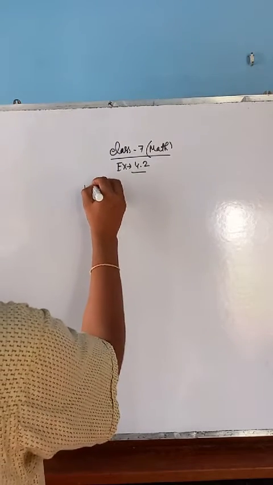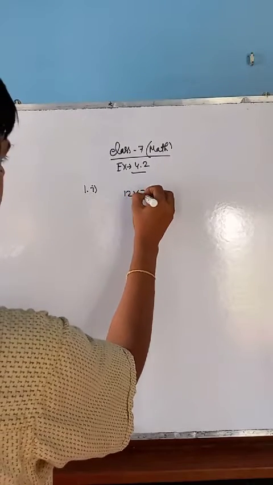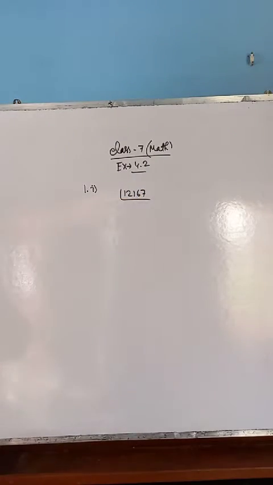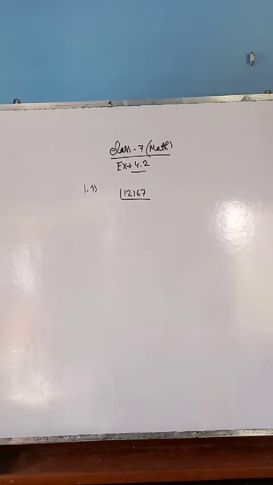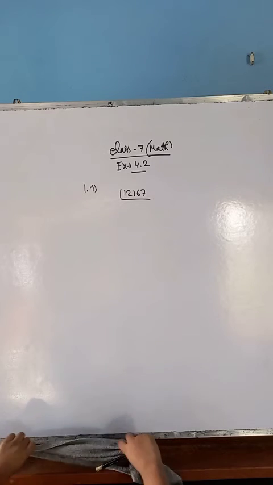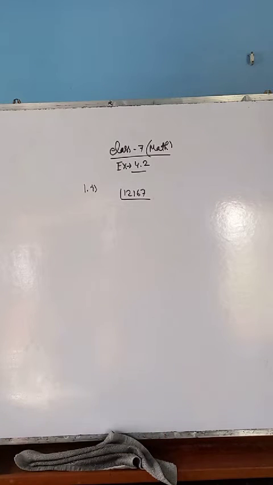Suppose the number is 12167. Whatever way you calculate, you can do the factorization from there and get the answer. You can start to do it at home, then you can easily understand in which way to solve all the problems. So I will not discuss everything, because I don't want to waste my time.